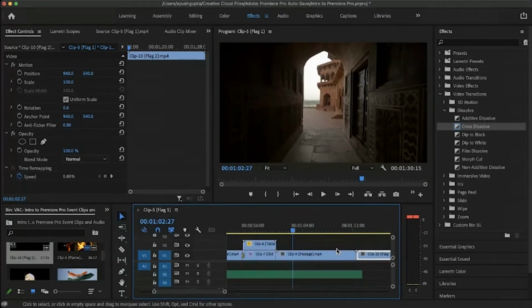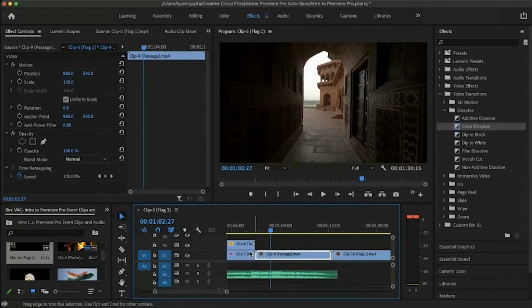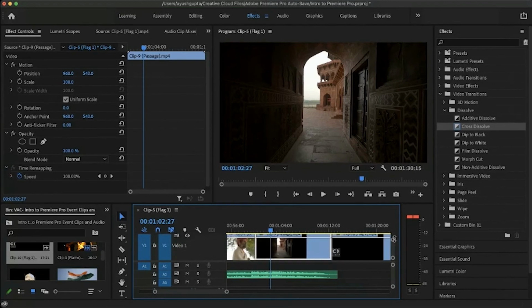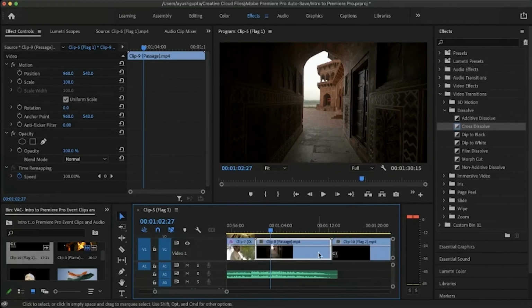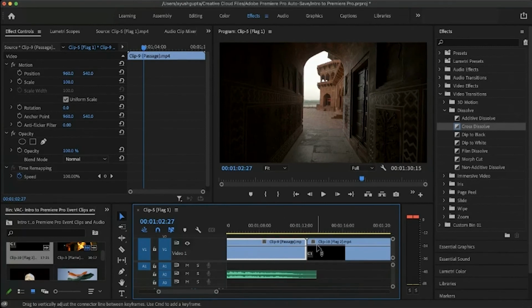So for the speed ramping part, first of all zoom in, because for speed ramping we have to work on zoomed in clips. We have clipped both of the clips side by side.